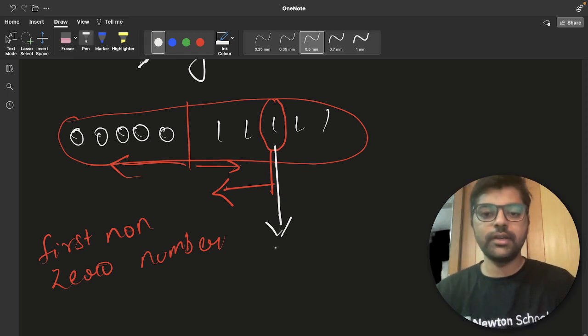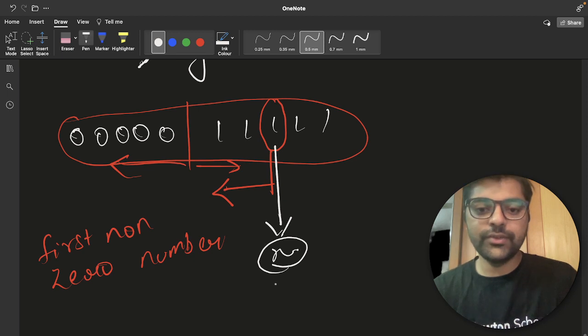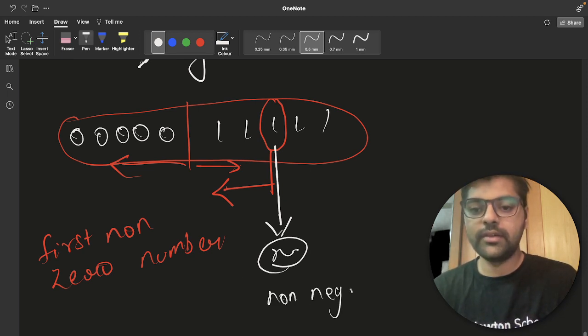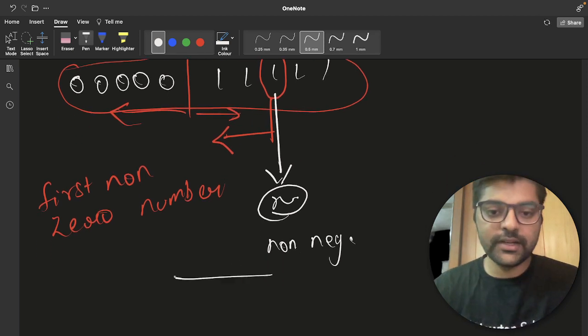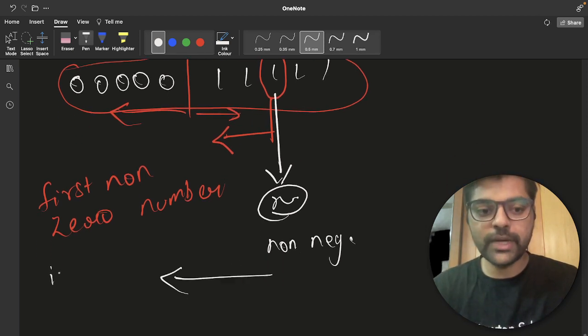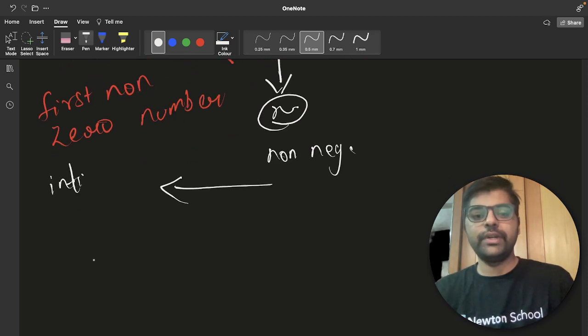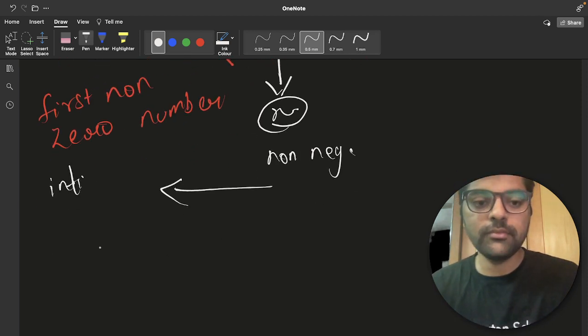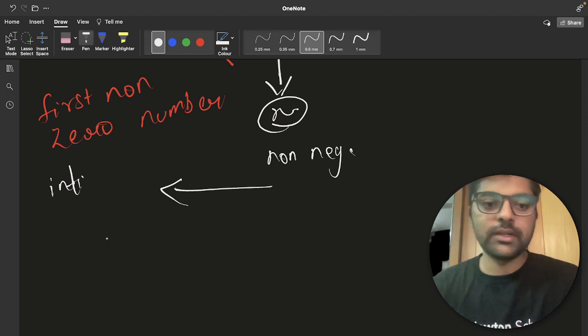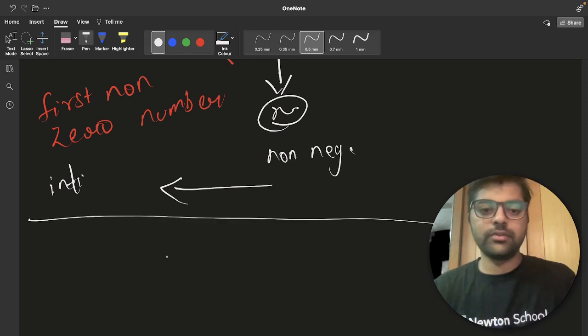Right now I am talking. Let's say we are checking at some index x, and let's say we have found that a non-negative number is present, right? Then we can check on the left side, right? This is the intuition of binary search. If you don't know binary search, I recommend you read about it. So right now I will explain binary search for, let's say, 2 minutes.